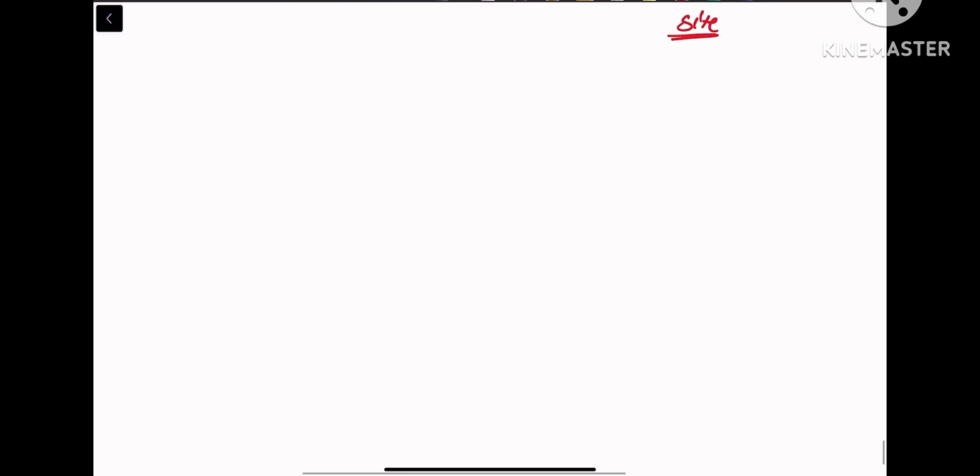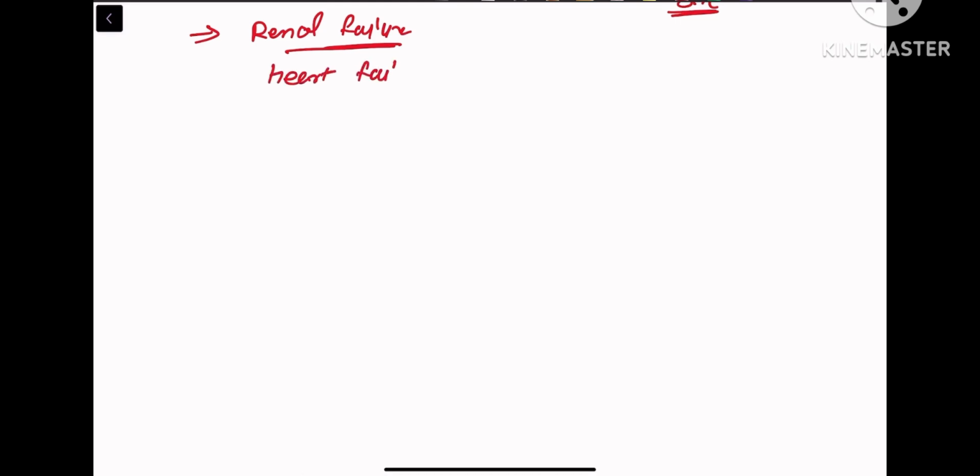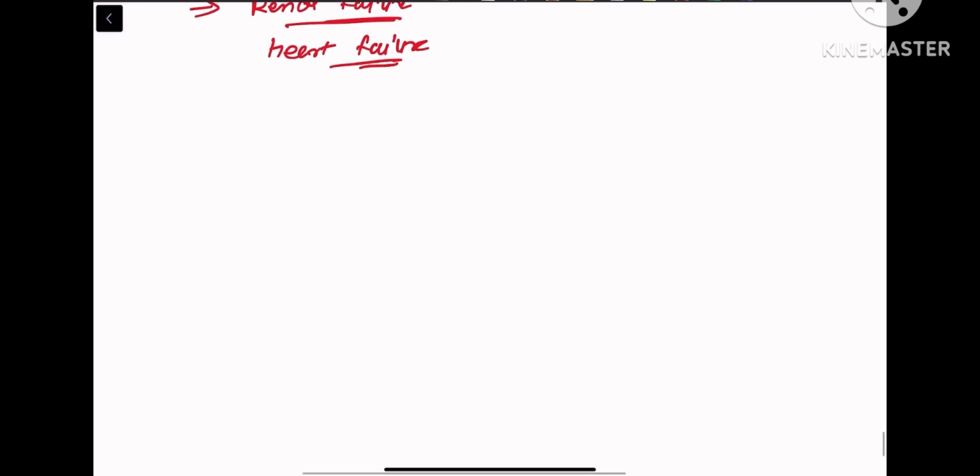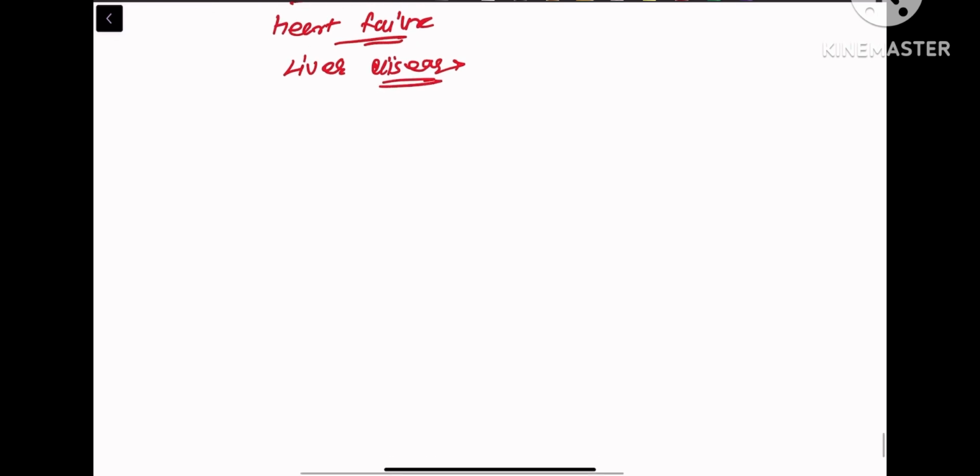And in other conditions, diuretic resistance can be seen in renal failure and heart failure, because of reduced blood flow to the kidney, and liver disease. Okay,